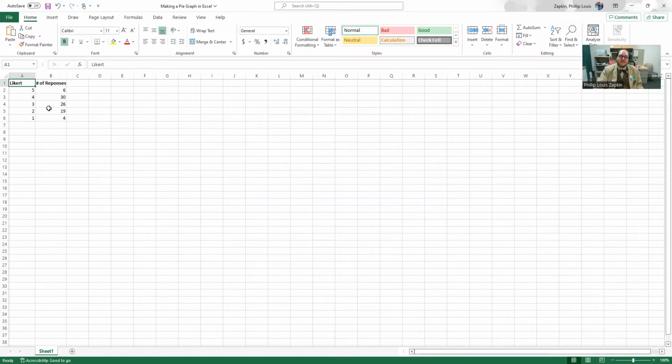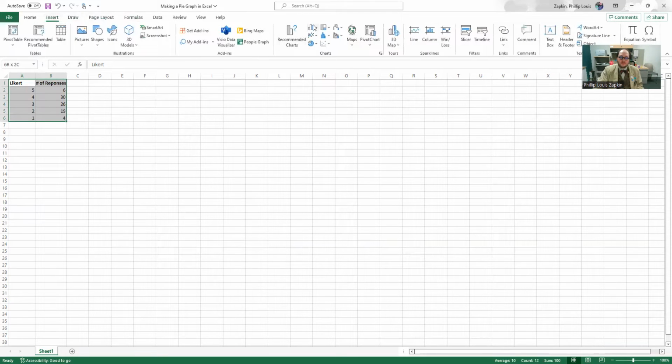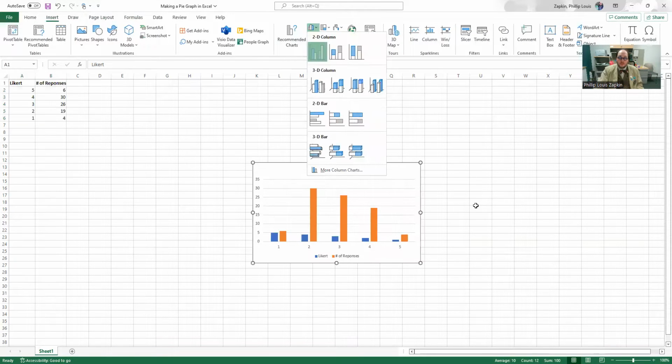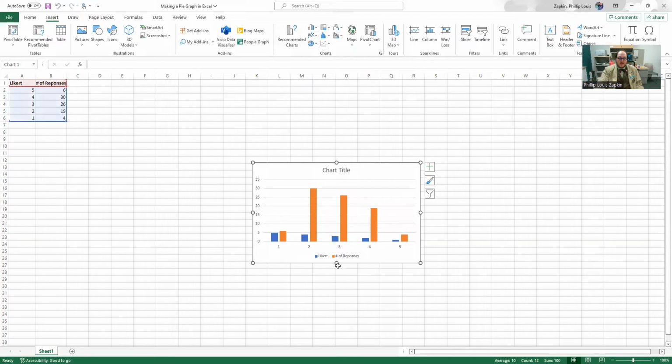But then when you've got the number of respondents that you're interested in, the variable that you're interested in, you can definitely do this as a bar graph as well. So in this case, we've got the number of